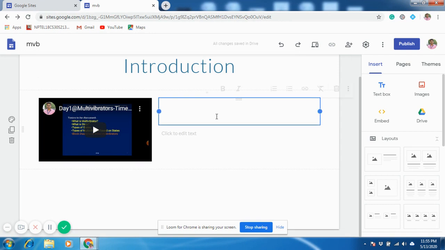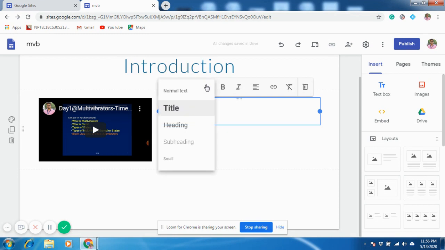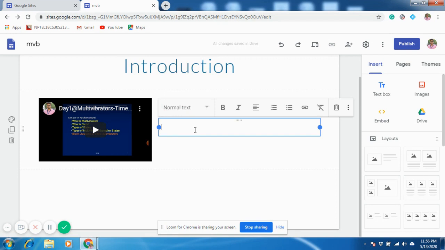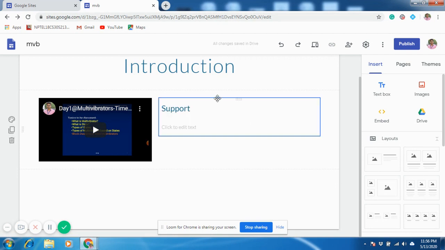So now click text, edit text. Here I want to give other sources like self-assessment, lecture notes and additional video. For that, let me give a title, support, and let us make this a normal subtitle or heading. Now you have to enter text here. If you select this entire text box as a whole, you will get one option, collapsible. Click this collapsible. You can see how it works. It is like a drop down.